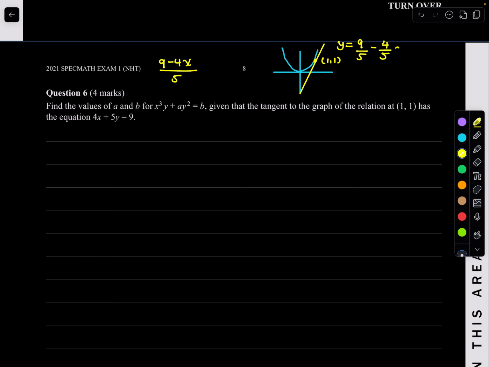Minus 4 over 5x. So this is the equation of this line. Done. Can you see how we've just drawn it? So we want to find these values of a and b. How? Well, we need to make two simultaneous equations, because it's in terms of a and